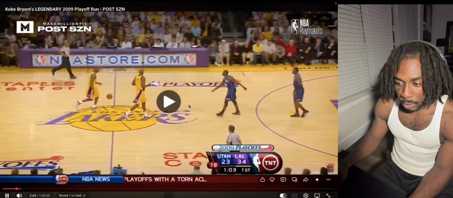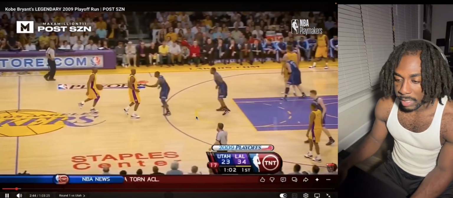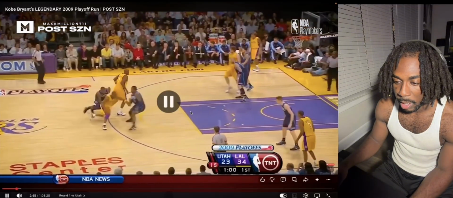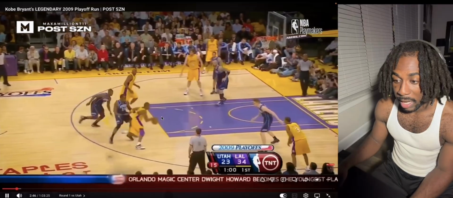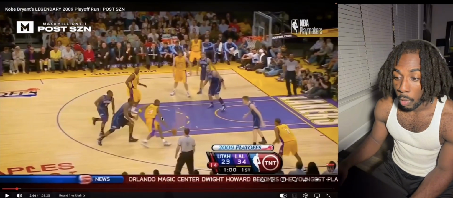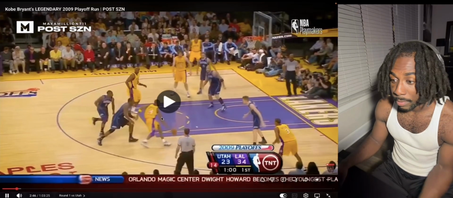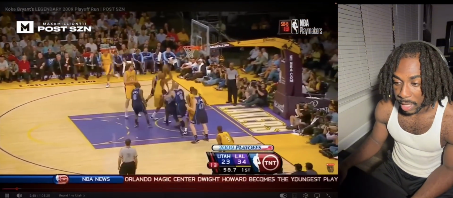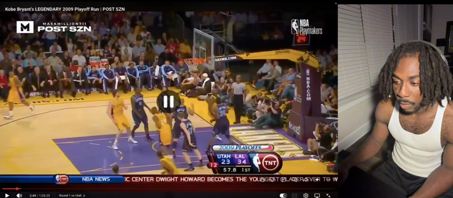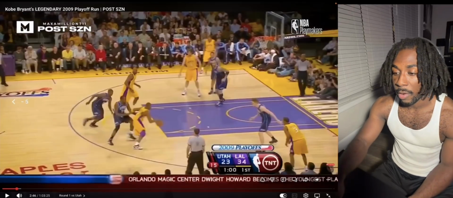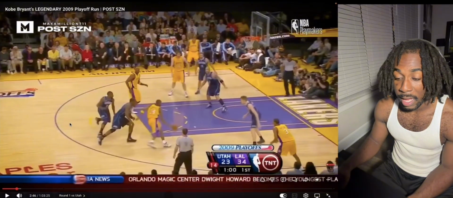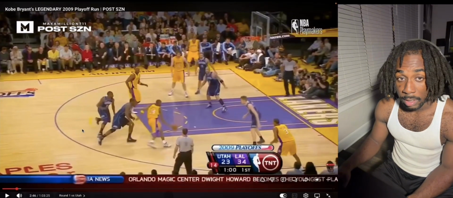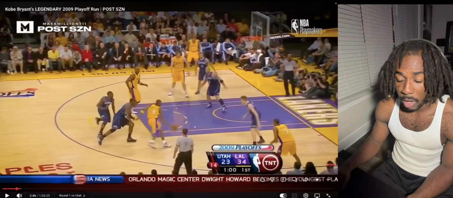But here, we got a screen coming. Odom sets that like flat screen here. Boom. Comes off tight. And attack that hip. Simple. Once you attack that hip and you get around, it's free game. And now you can hit dump down. Because guess what? It was a late rotation from Darren Williams, because he should have been there. And this all happened from beating that guy from the top of the key, beating that guy that was help off the screen. I think that's Paul Millsap.